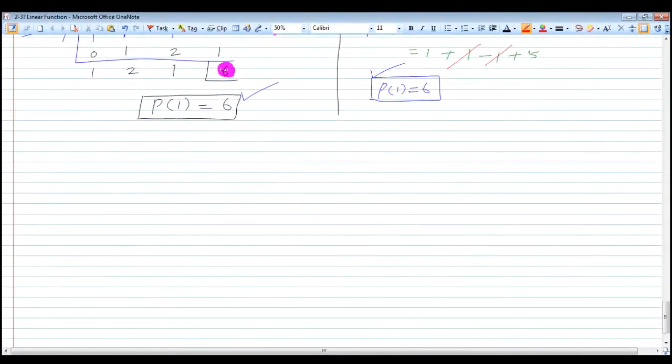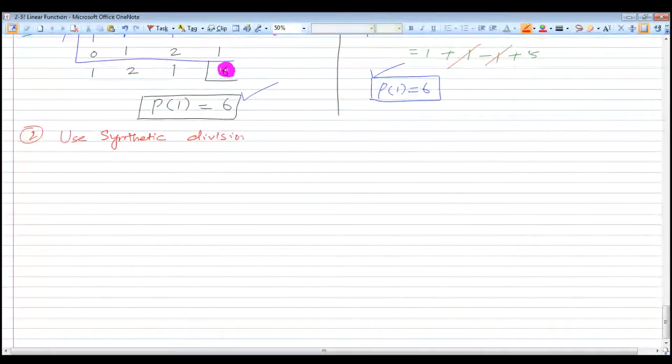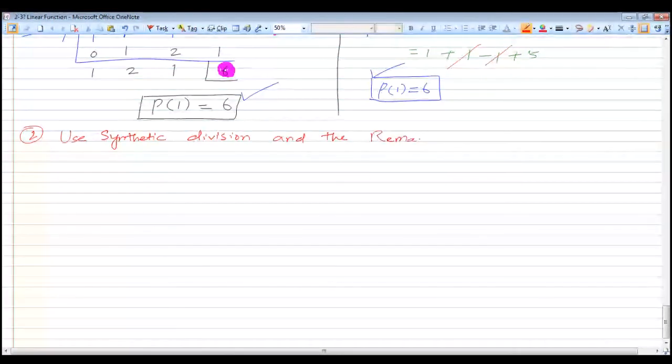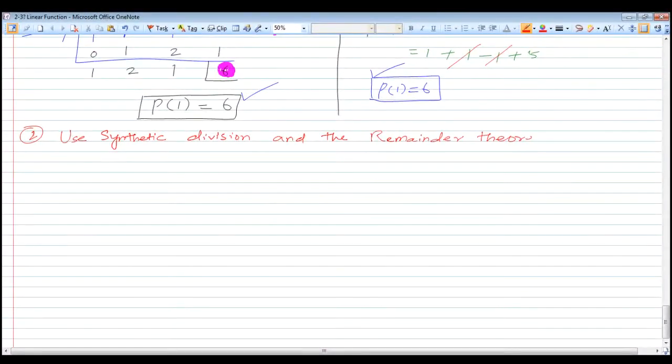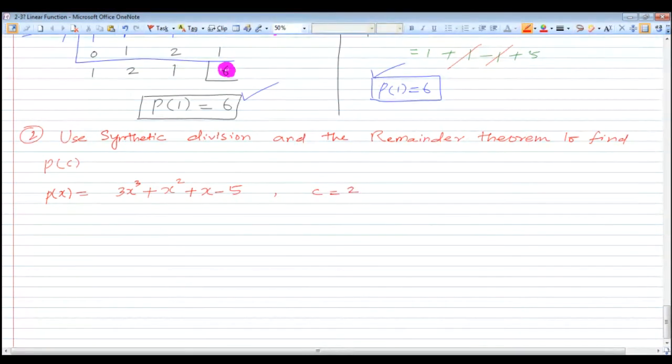So here we have number 1, 2. See here it is given like this: use synthetic division and the remainder theorem to find p of c if p of x is equal to 3x power 3 plus x square plus x minus 5, c equal to